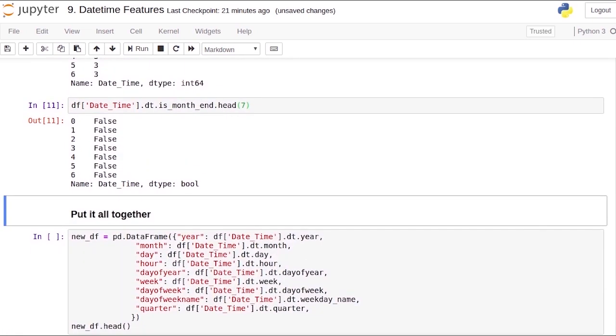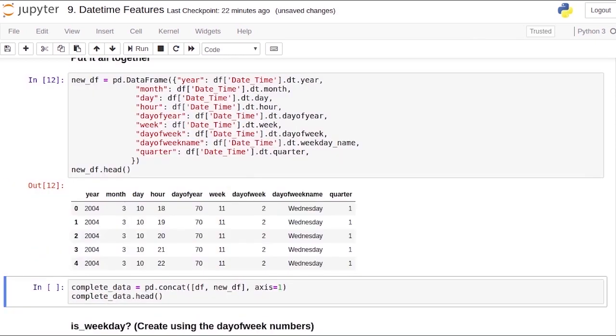So we'll create a new data frame called new_df using the pd.DataFrame function. Here the first column is the year, which stores the year from the date. We have the month, day, hour, basically what we have just seen. And we also have an additional quarter here. We'll just put all of that together in a new data frame and print it out. Here we go. Here are all the new features that we've just created.